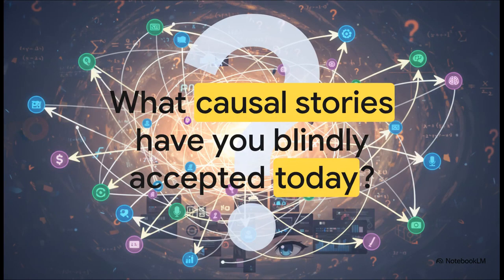So, knowing all this, knowing how easily the mathematical map can be rigged against you with just a few omitted variables, what seemingly obvious narratives do you need to question right now? The next time an advertiser, an executive, or a politician points to perfectly accurate data and says, look, X clearly causes Y, remember the map. Remember that they might just be showing you the nodes that draw their preferred arrow. What hidden variables are they leaving off the table? It's a mathematically exhausting world to navigate, for sure. But keeping your eyes wide open for the omitted variables is genuinely the only way to see the true map.